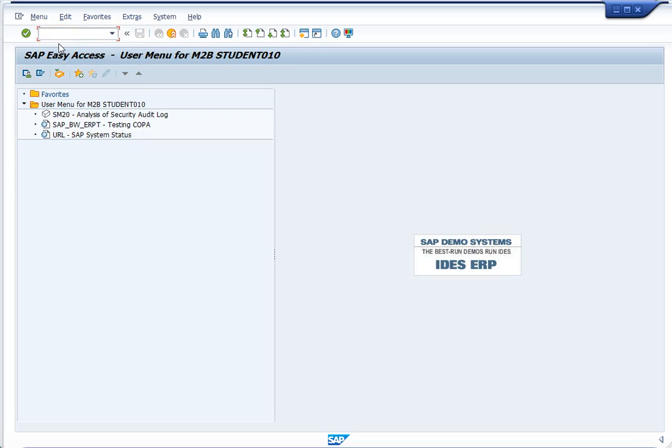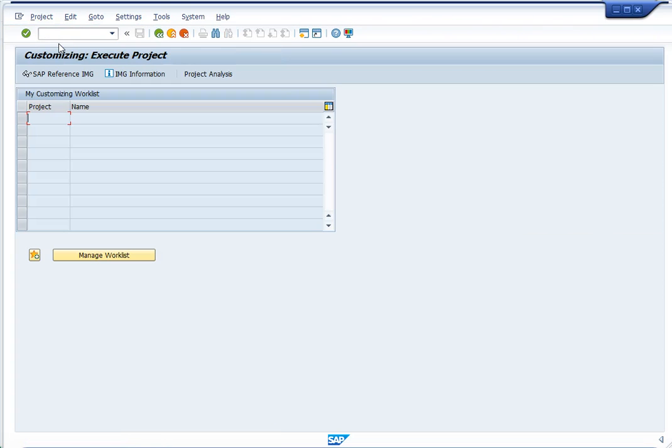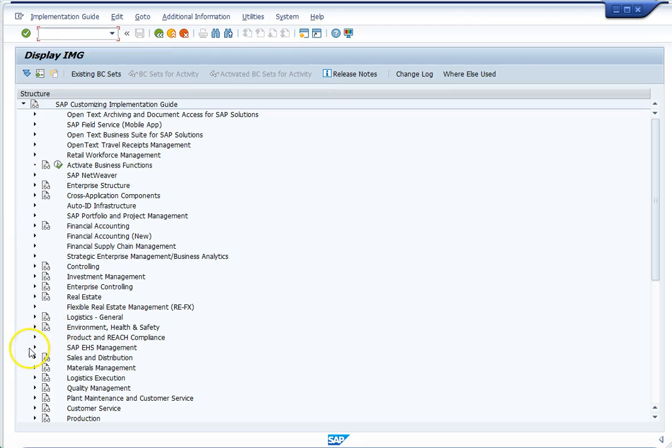Okay, so let's get in there and start configuring. We could just take the shortcut and use V/06 to create our condition type, but I'm instead going to go through the menu path. So I'm putting SPRO in there to get into the IMG, just so you'll see the area we're in. It's in Sales and Distribution,